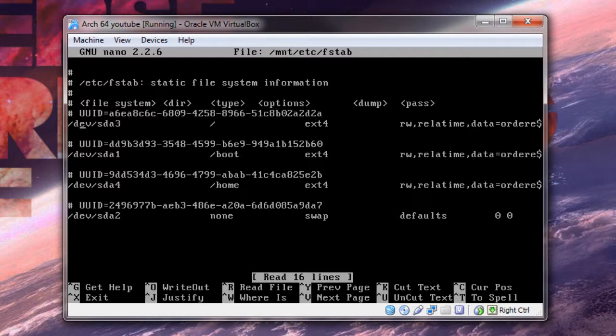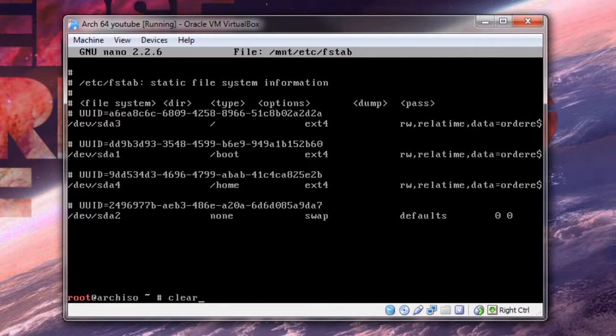These are correct though. But if it didn't generate correctly, like obviously if you set up an LVM and you do this, it's not going to generate correctly. Or most of the times I don't think it does generate correctly. It's naming scheme. But anyway, make sure that this is 100% correct. Mainly you want to look at these lines here. Like the dev SDA3, the SDA1, blah blah blah. Make sure they are mounting the right things and etc. Okay,